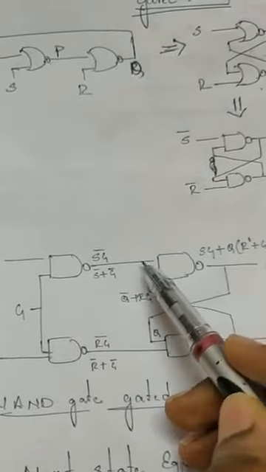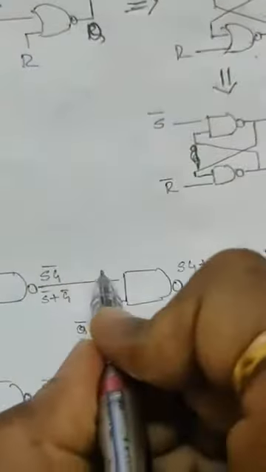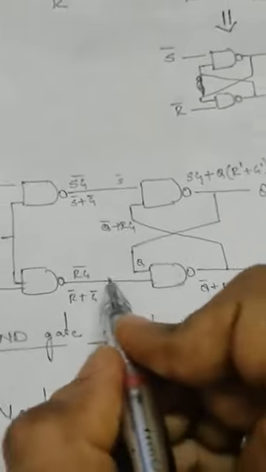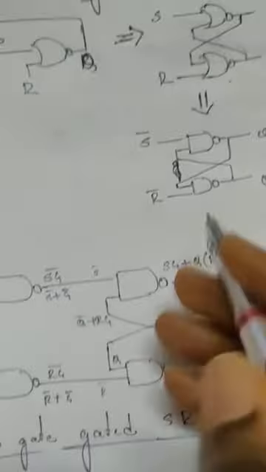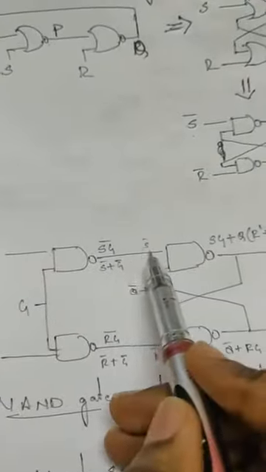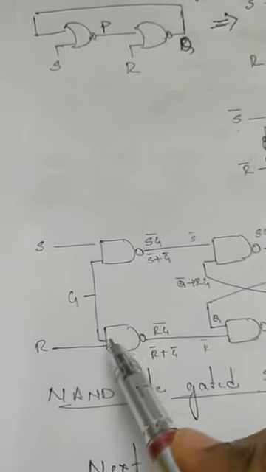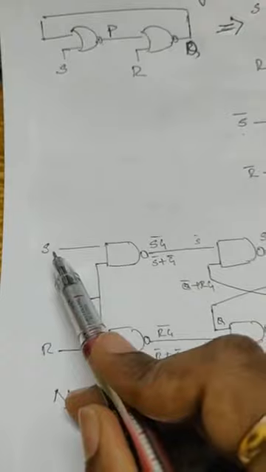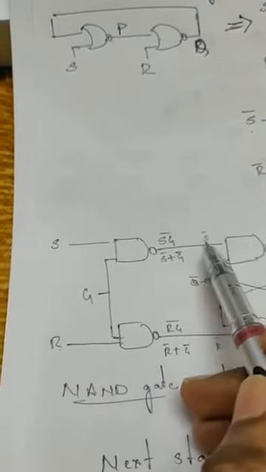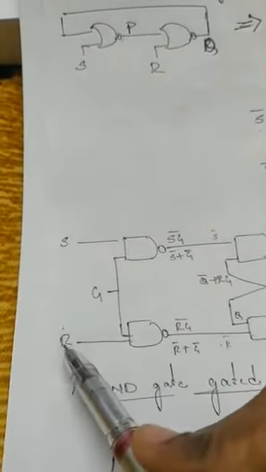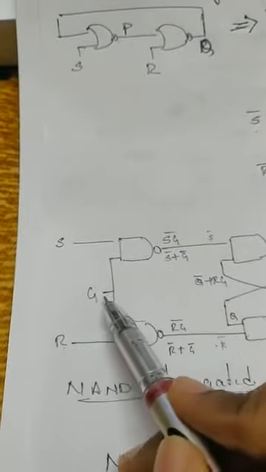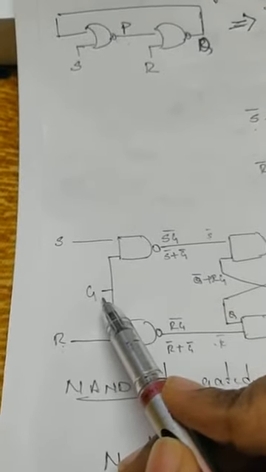So the connected S, this was S bar, right? And this was R bar here, S bar. So they have extended backwards and added an AND gate here. One input is S, the other input is R. Here it is S bar and R bar, here it is S and R, both of them connected by a G. G refers to the gate.